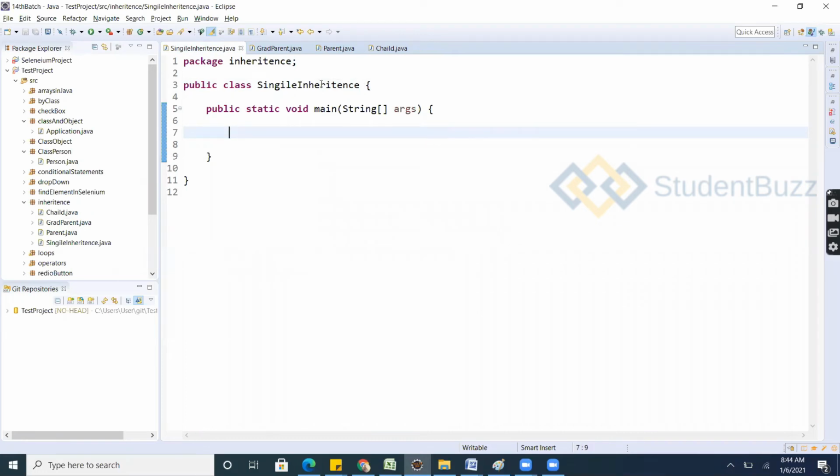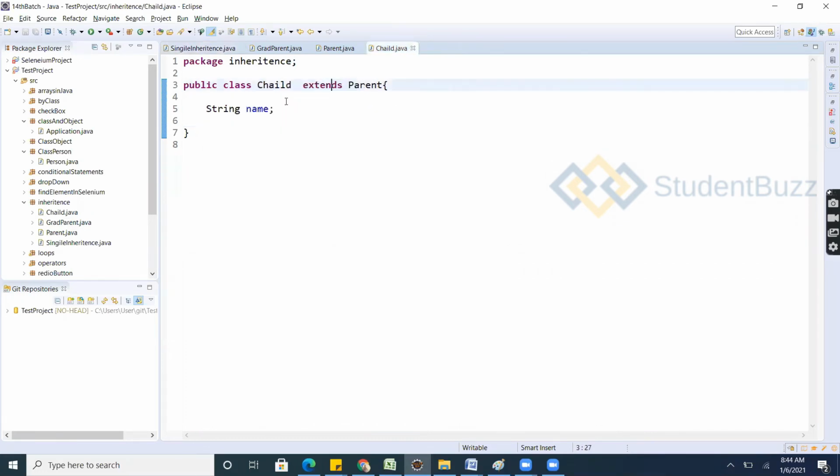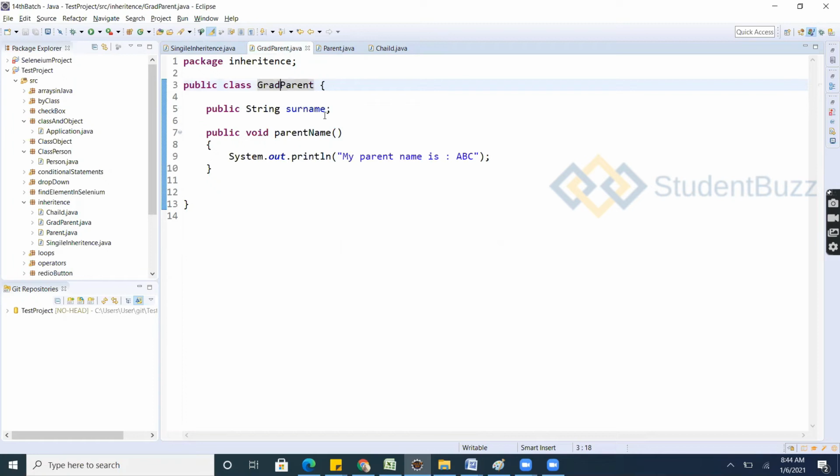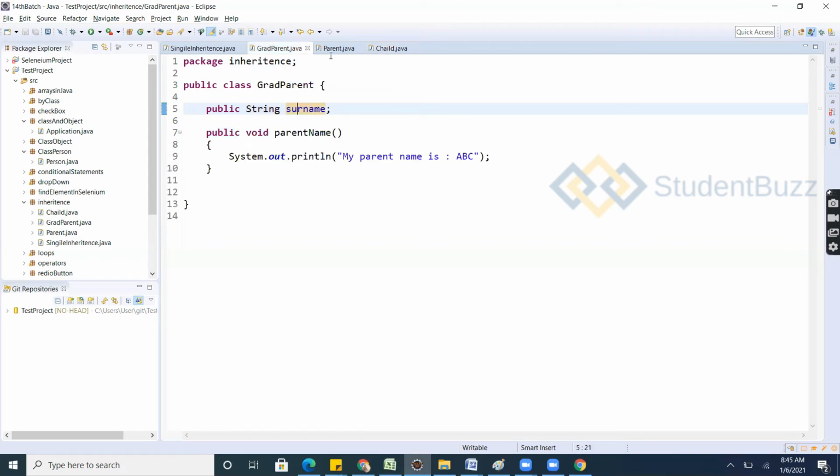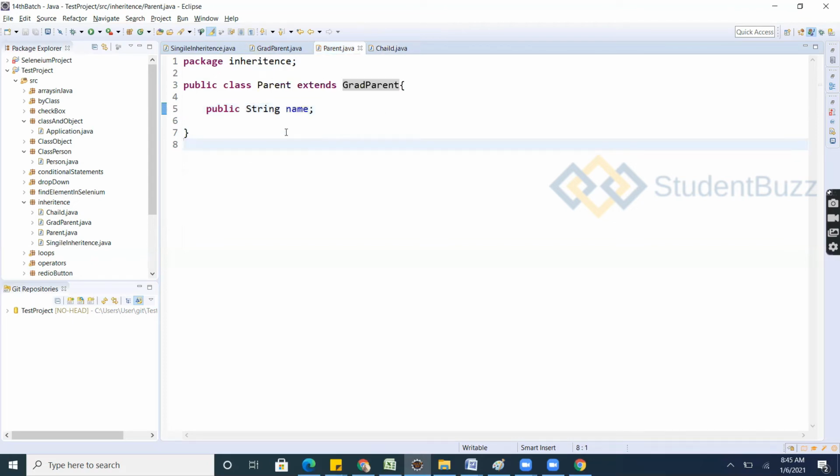See here what is happening. The child will have a name, the parent also has a name, and the grandparent also has a name, but we kept the surname in the grandparent. The surname is coming from the grandparent to the parent and the child.